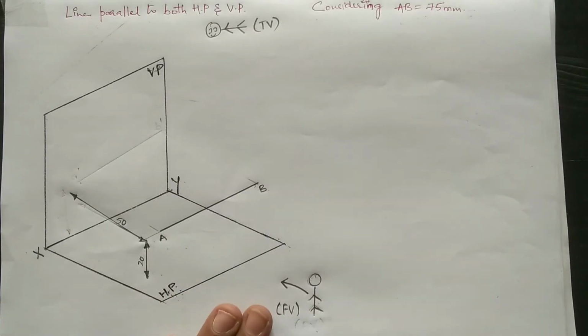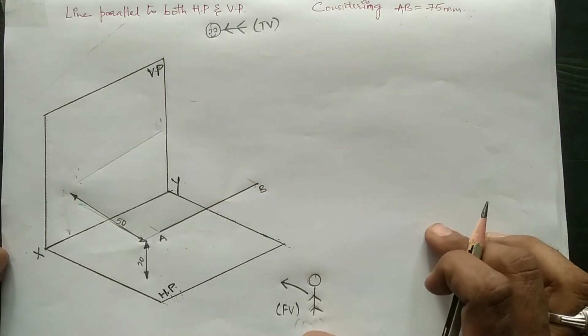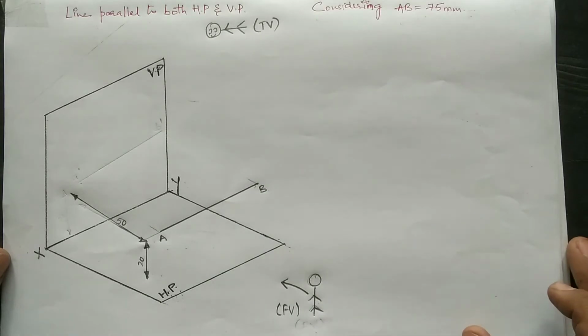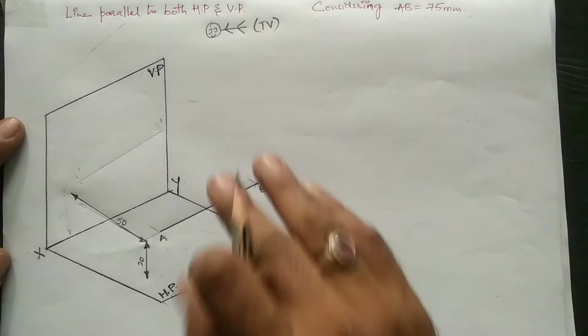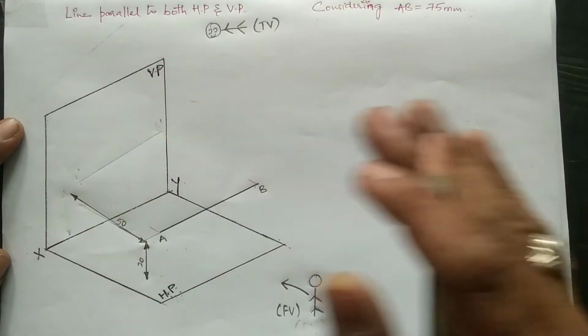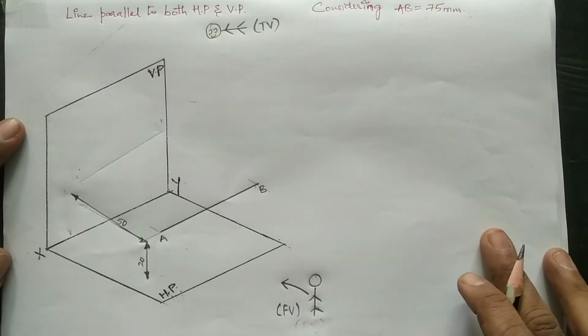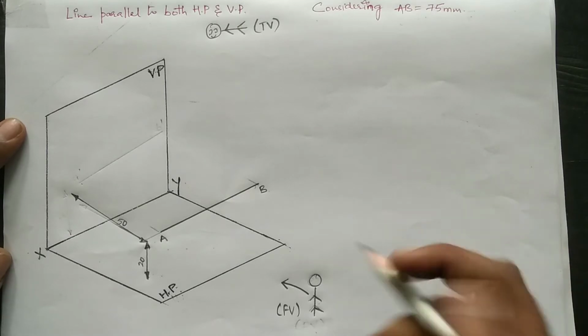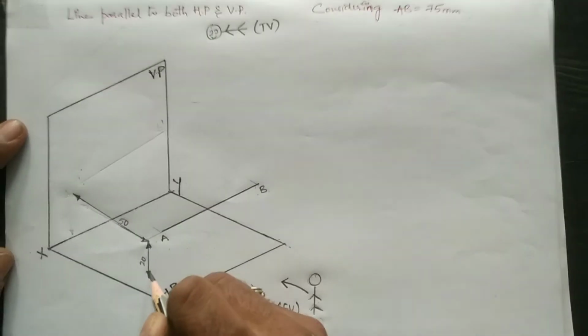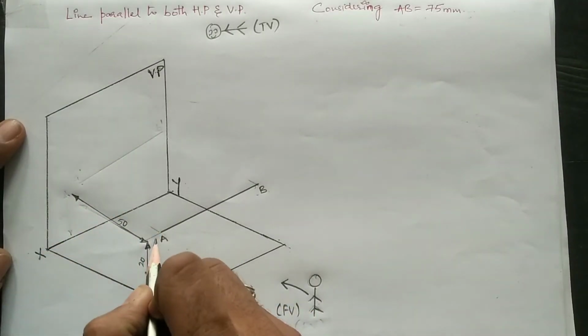For your understanding, it is explained in the isometric projection. One thing to note is that all the projections of the lines are carried out in the first quadrant, which we generally call first angle projection. The different orientations we are about to see in the coming topics will also be seen in the first quadrant itself, which is first angle projection. Now, coming to the point, the line AB of length 75 mm is 20 mm above HP and 50 mm in front of VP.